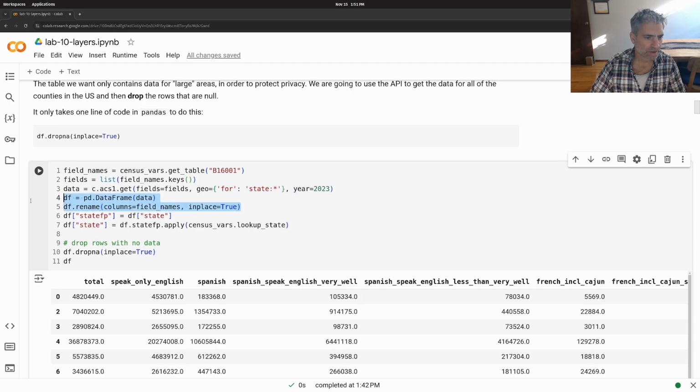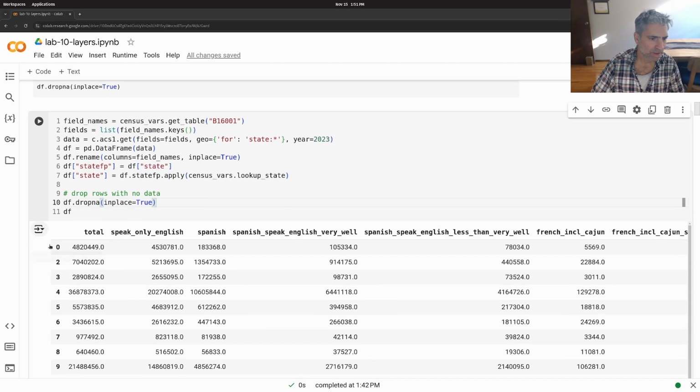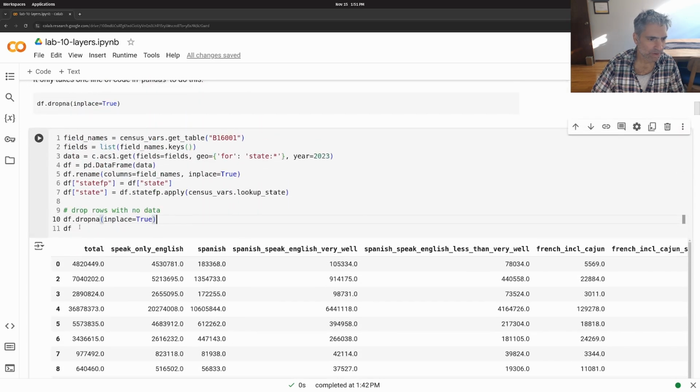Our regular work here, so we load the raw data into the data frame. We rename it based on our column map. And then we're just going to look up the state name from the state FIPS, right? Now, this is new. We're going to drop the null data. So if we want to see it without the nulls,